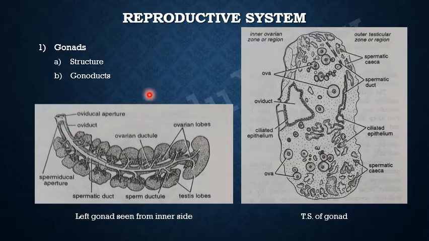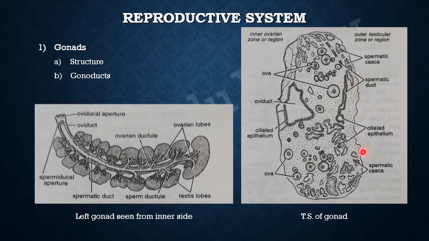So this was about the gonads, the structure of the gonad, and this is the TS of gonad. You can see here it is labeled TS of gonad. So when we cut a transverse section, this is the inner ovarian zone or region, and this is the outer testicular zone. If we cut a TS of this lobe, imagine if you are cutting a TS of this zone, then in the TS this area will be the ovarian area,